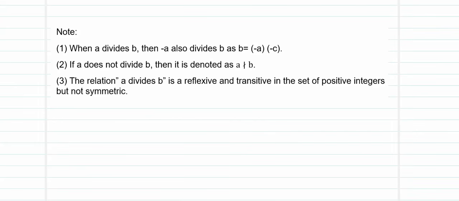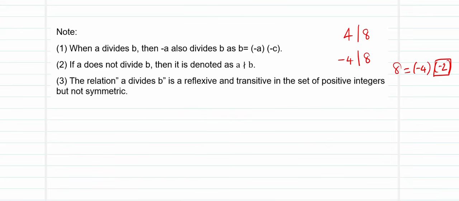We know that 4 divides 8, and I also know that minus 4 divides 8, as I can write 8 equal to minus 4 times minus 2. So instead of 2, I find one more integer, minus 2, that satisfies the